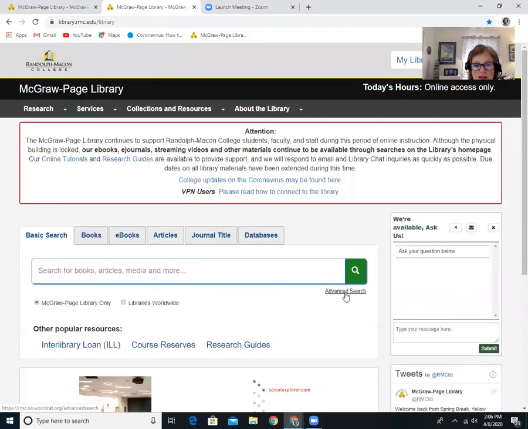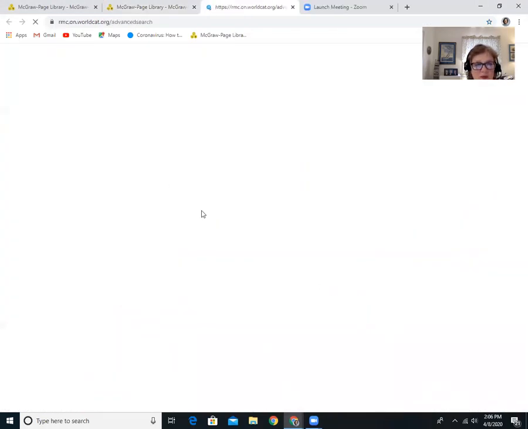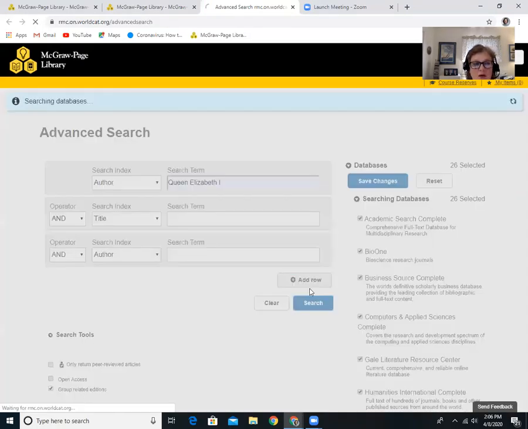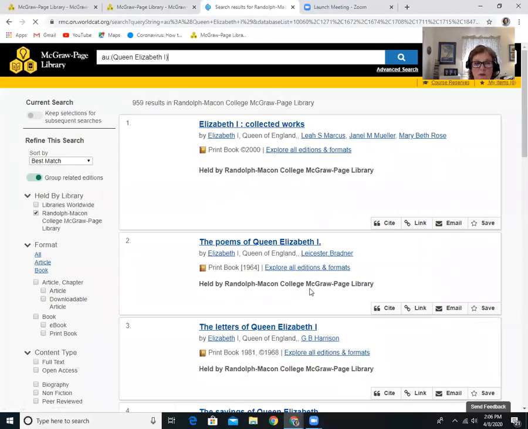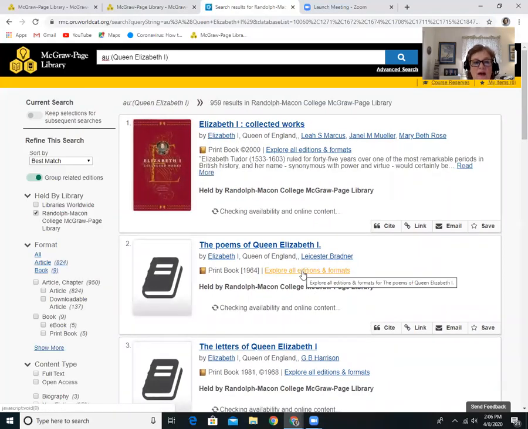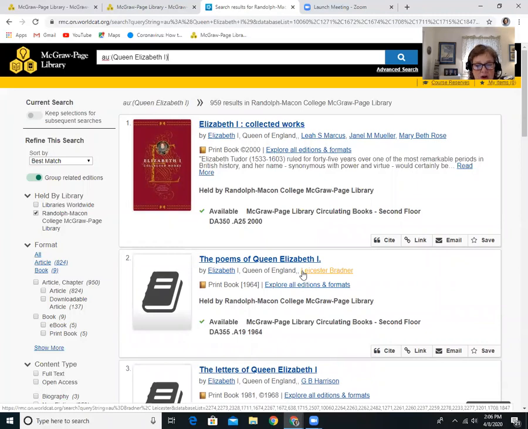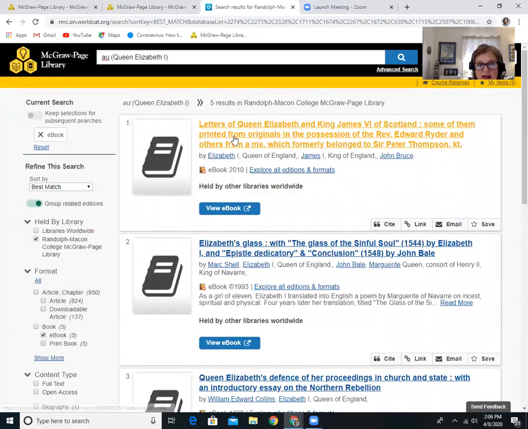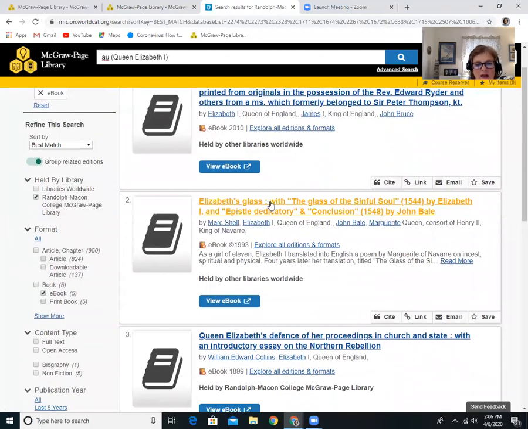So for example, if I go to the advanced search, I'm able to select, rather than searching everything as keyword, I can search as an author, say Queen Elizabeth I. And now I will find things not just about Queen Elizabeth, but this will limit to things written by her. Quite a few results, as you see, but again, I'm going to limit my results to ebooks here. And that'll take it down, but you can see I have letters of Queen Elizabeth and King James VI of Scotland, documents,